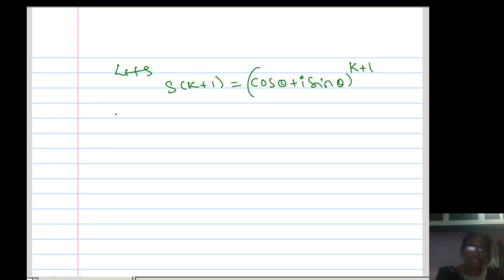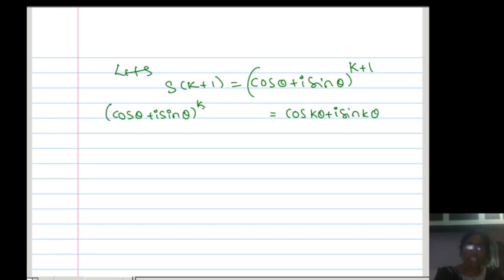So the relation is true in the case of S of k. S of k is true now. So what I can know from S of k can be written as (cos theta plus i sin theta) whole power k is equal to cos k theta plus i sin k theta. That you know, is it?